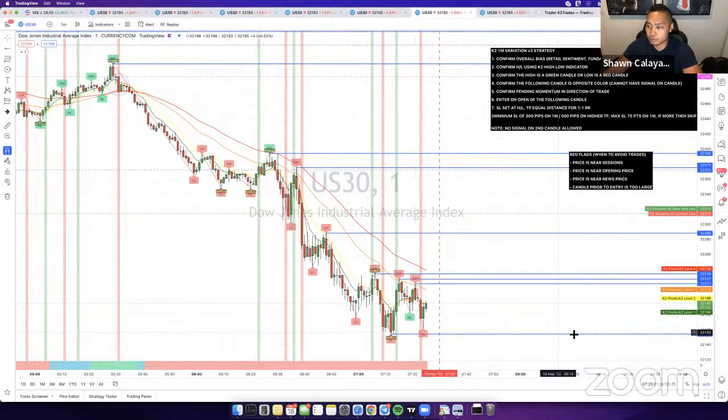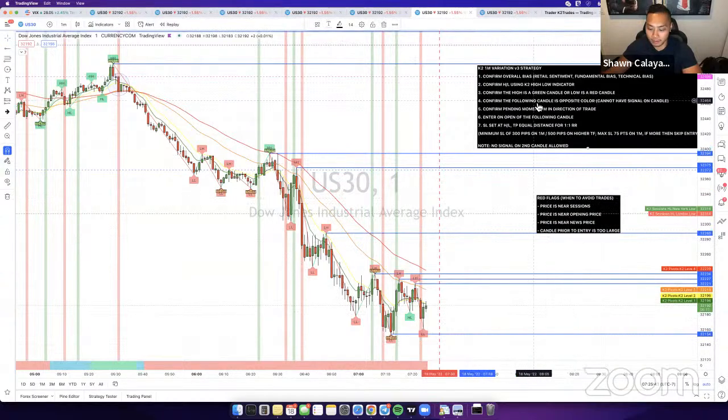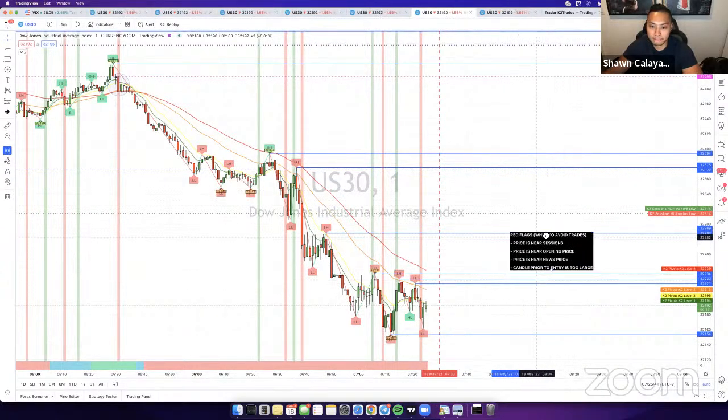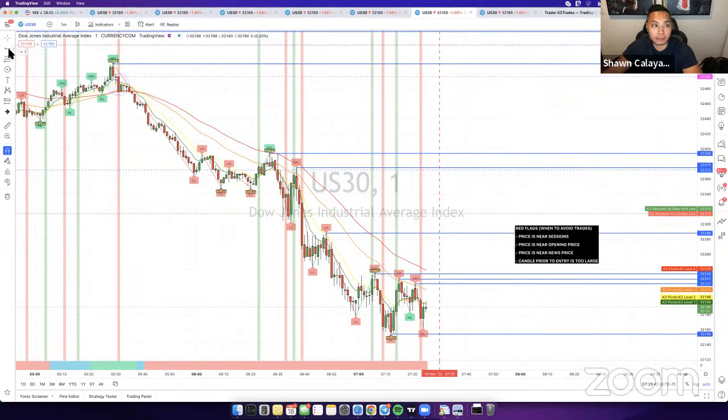Nice. Vince caught it as well. Vince said he caught it for 500 pips. Rami said he caught it for 100 pips. Nice. Damn, you guys are killing it. A lot of you guys here are catching these moves even quicker than I am. I didn't catch it, so I don't have it on mine, but looks like a lot of you guys here